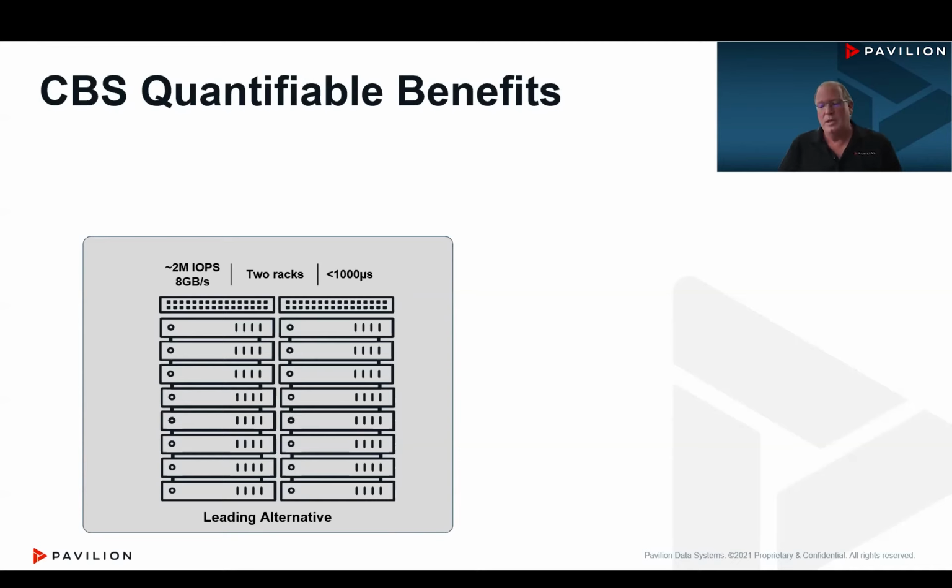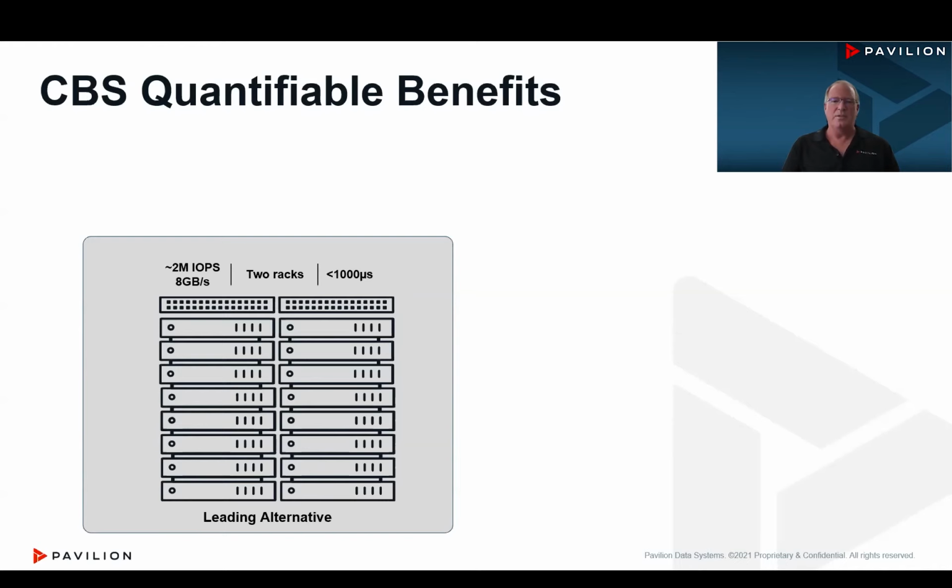So this is a public entity. They do all of the statistics gathering for the Netherlands, report on health and other things. So they had to go out to public tender. The leading alternative was 2 full racks of gear with 2 million IOPS, 8 gigabytes a second, and well over